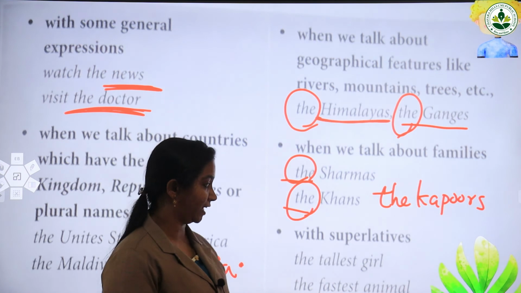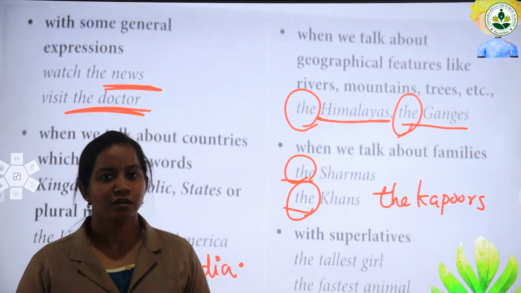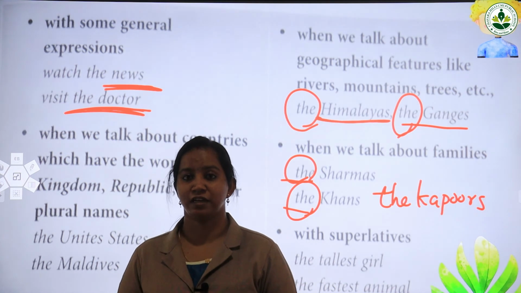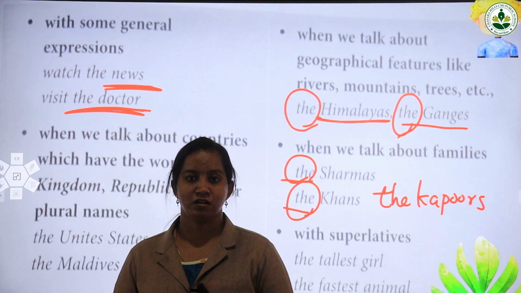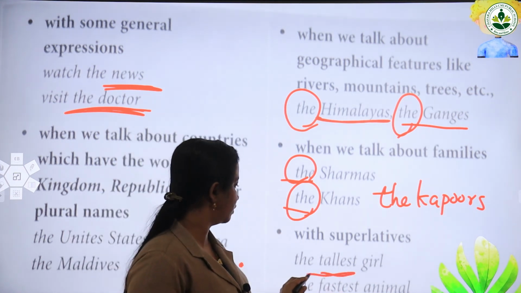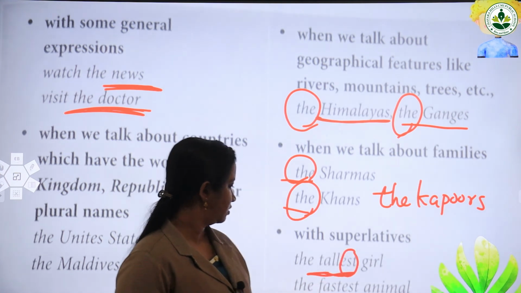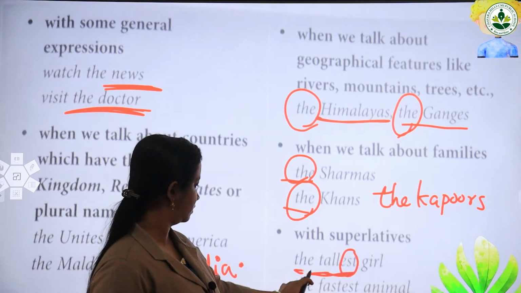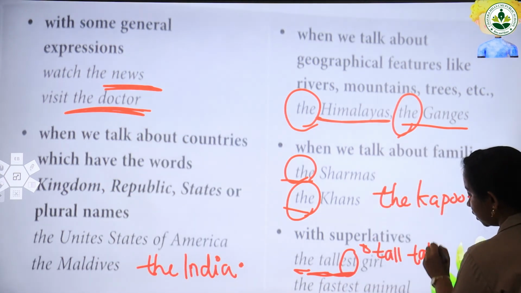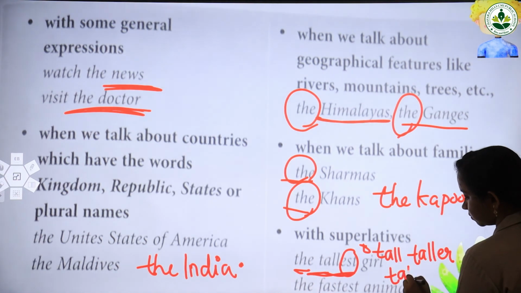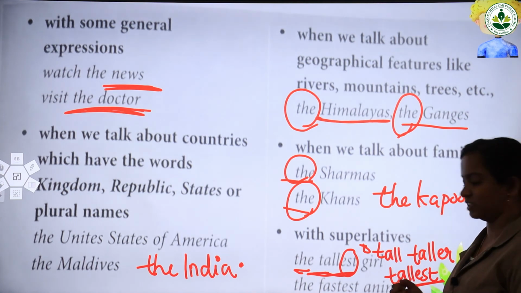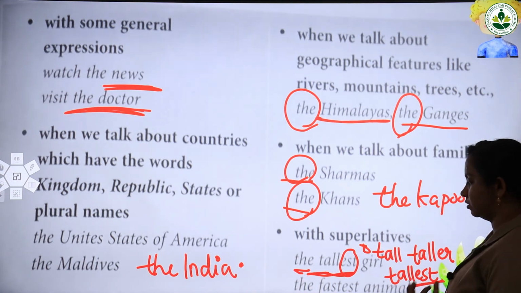So with superlatives. So what is the superlative? In adjectives, adjectives are divided into three types. That means based on the degree, they are divided into positive degree, comparative degree and superlative degree. So for superlatives, for example, just see, if you find a word that ends with "est", you will be using "the" before that. For example, tall, taller and tallest. This is the superlative, the third degree of adjective, called the superlative degree.